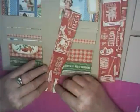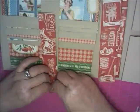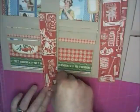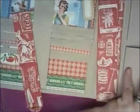Now we have the point at the top, so we're going to do the same thing. We're going to bring these together just like we're folding a paper airplane. And if I don't quit losing my bone folder,